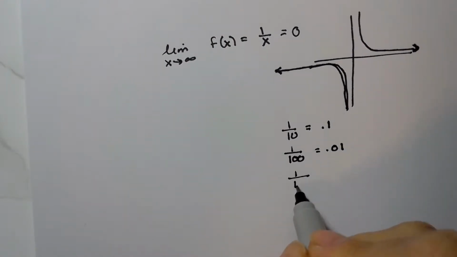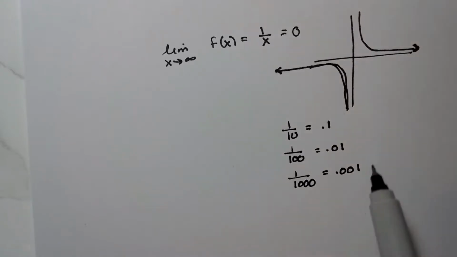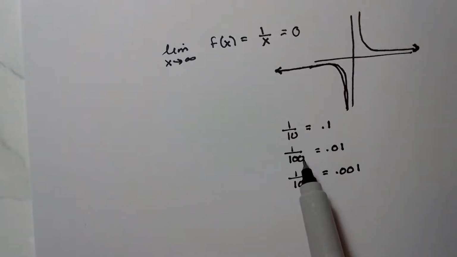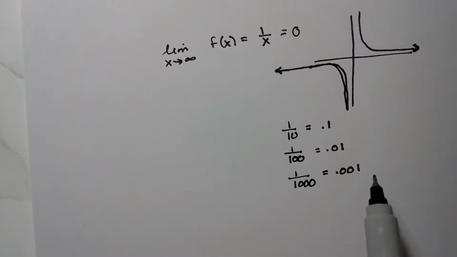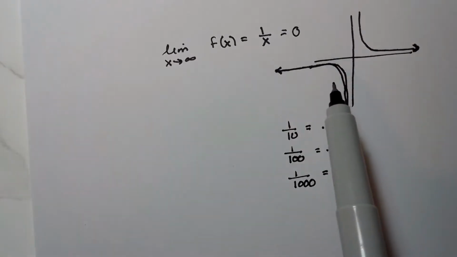And if I do 1,000, then that's a little smaller. So what's happening here is as the denominator gets really, really big, then this number is going to approach what? It's going to approach 0. And this is going to be an integral concept in just a minute for you to see. Okay, so whether we're talking about positive or negative infinity, the limit's going to be 0 on this